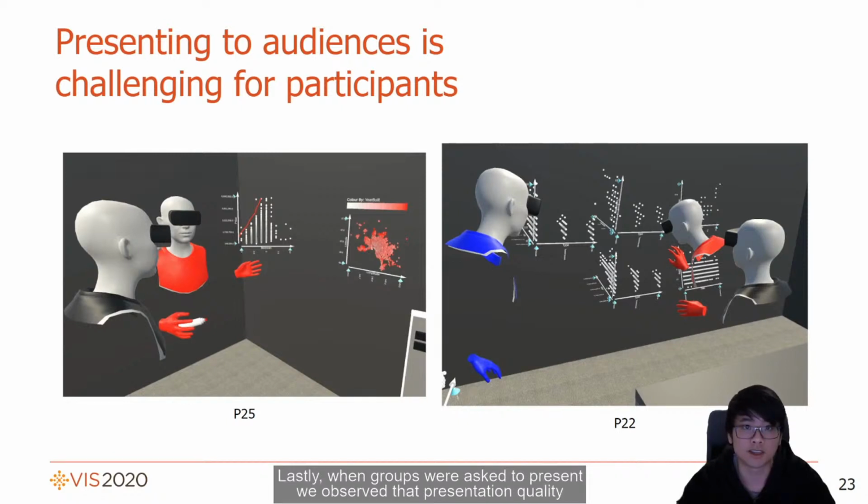Lastly, when groups were asked to present, we observed that presentation quality changed dramatically amongst participants, even within the same group. Some would engage with the audience avatar, maintaining consistent eye contact and hand gestures such as on the left, while others would ignore the audience altogether, such as on the right. This is despite the same groups making a conscious effort to reorganize their visualizations before presentation, even in Part B